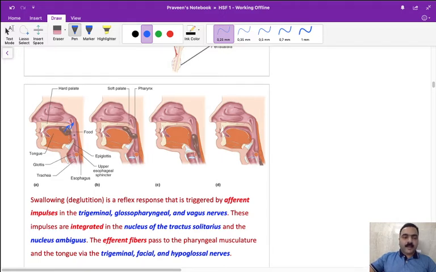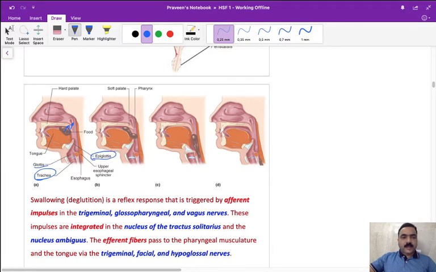And then in the pharyngeal phase, what is the next event that is very important? You have to prevent the entry of food into the trachea. This is the trachea over here. You want to prevent the entry of the food particle into the trachea. So what covers the opening over here? The opening is called the glottis. The glottis is covered by the epiglottis.